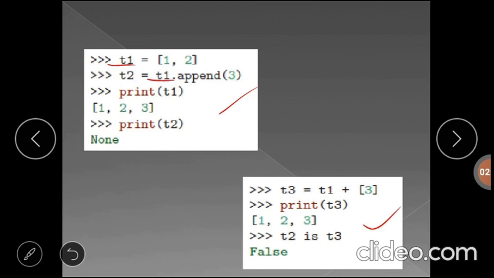T1.append(3) means we are appending element 3 to the list T1, and we are assigning the result to another variable, T2. If you print the value of T1, we will get the output 1, 2, 3. If you print the value of T2, we will get the value None. That means T1 and T2 are not the same. Nothing is there in T2.